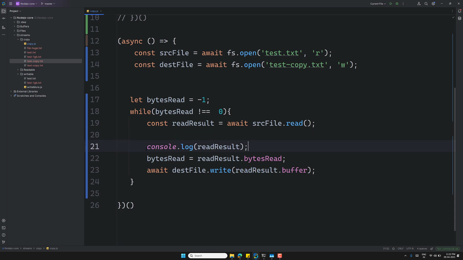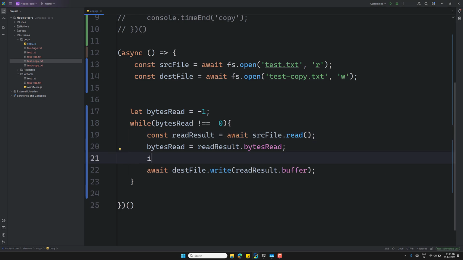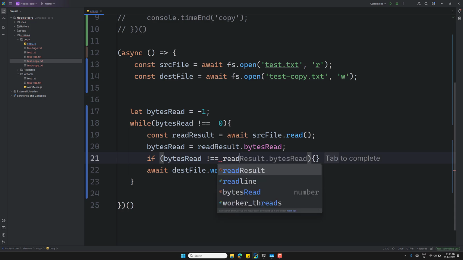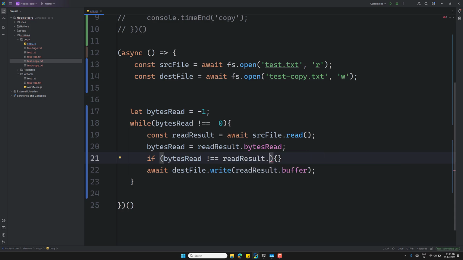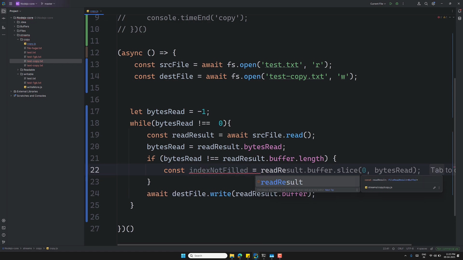What can I do in order to clear this off? So this is the entire code. Now bytes read we got. If bytes read is not equal to read result dot buffer dot length, which will always be 16,384 only, then we need to get the index not filled. So index not filled is equal to read result dot buffer dot slice,